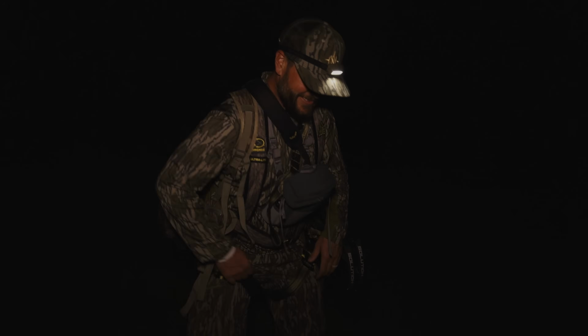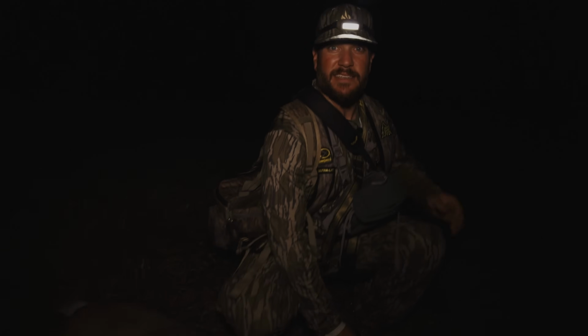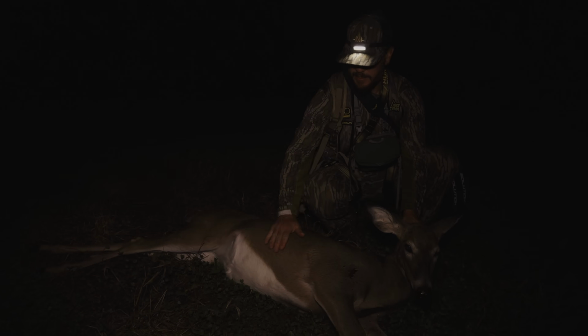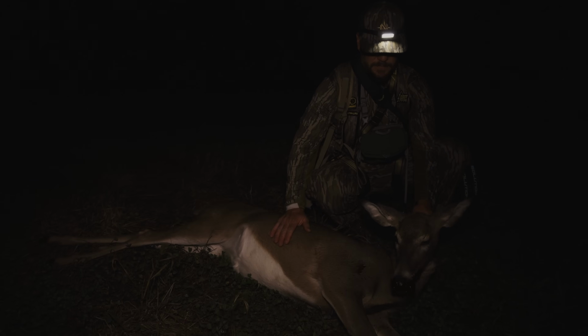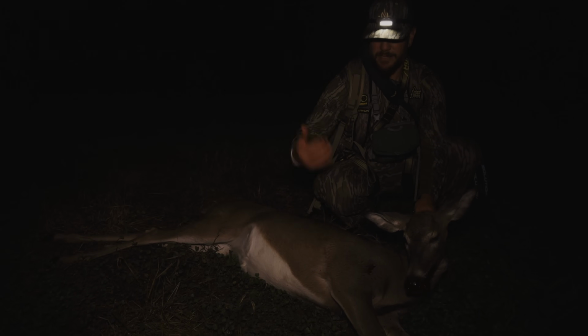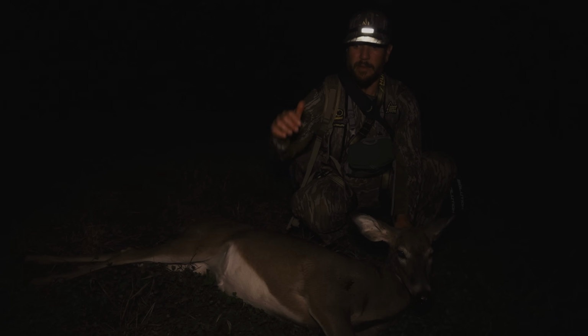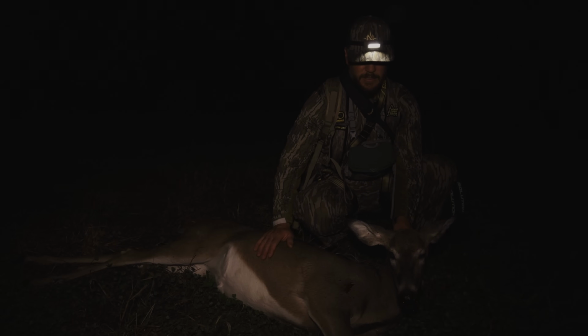Another fun hunt. It was a really good night actually for being a little bit warmer. Saw some good movement. Got an opportunity at this nice doe. Wasn't gonna pass it up. Most of the bucks had already hit the field, and saw two nice 4-year-olds out in the field way off. We still haven't seen our guy LJ, but